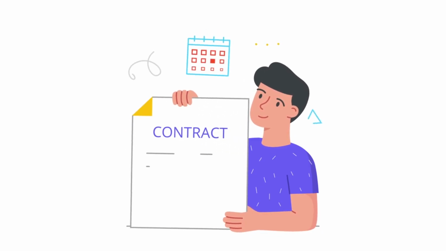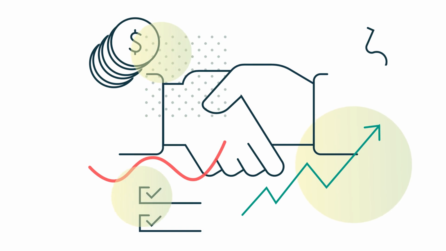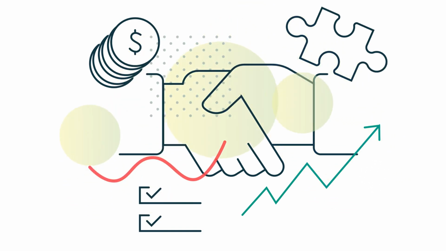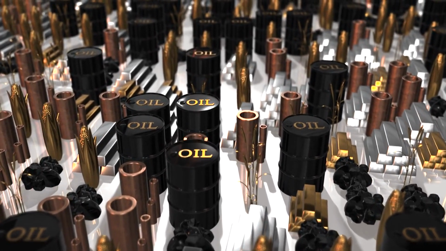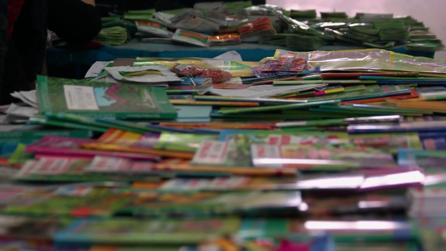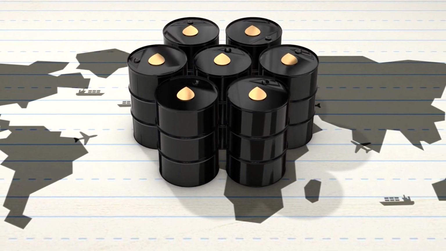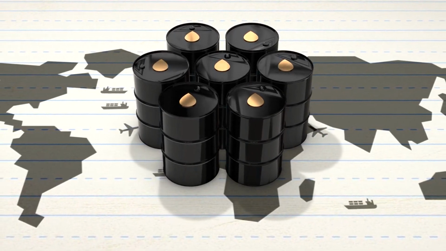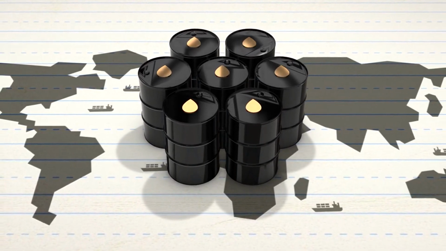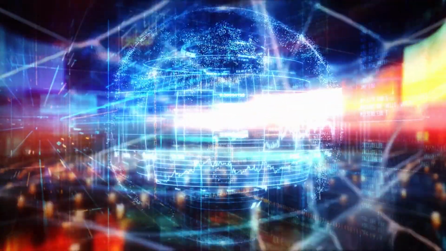Expiration date. This is the specific future date when the contract officially ends. On this date, you must either fulfill your obligation to buy or sell the underlying asset, or the contract is settled in cash. Contract size. This tells you the exact quantity of the underlying asset covered by one contract. For example, a crude oil futures contract typically represents 1,000 barrels, while a stock index futures contract might represent a multiple of the index itself. This standardization helps with trading and liquidity.